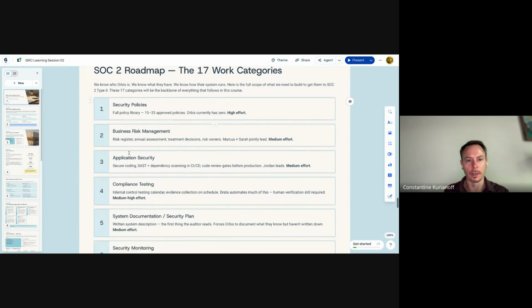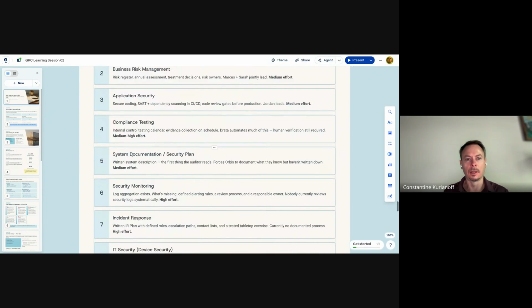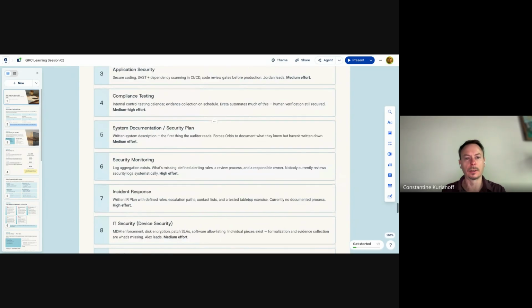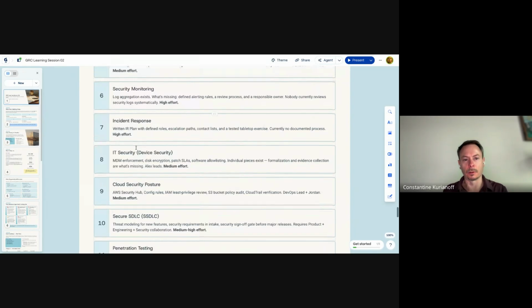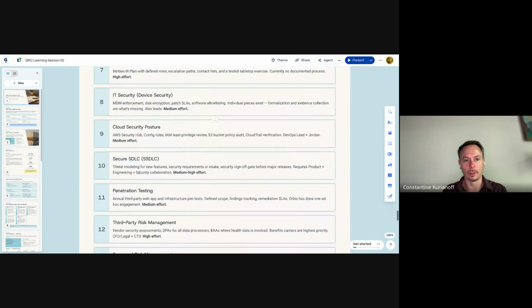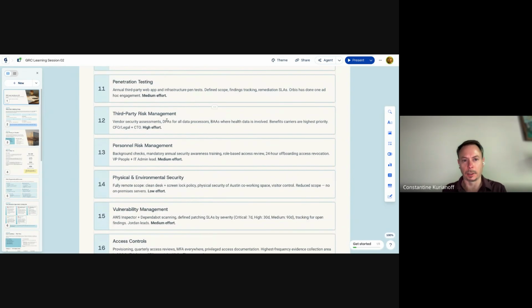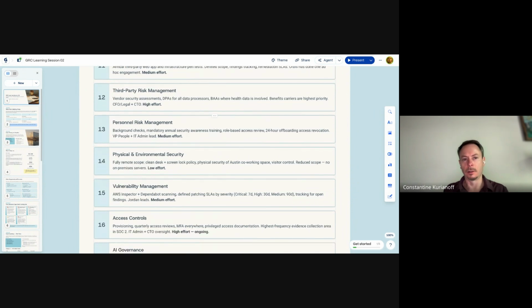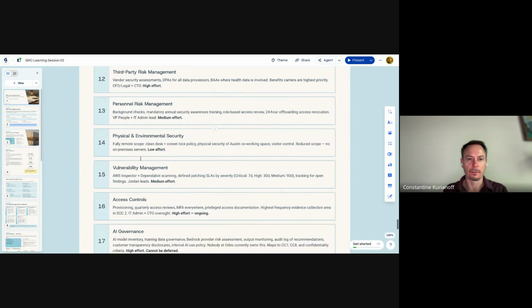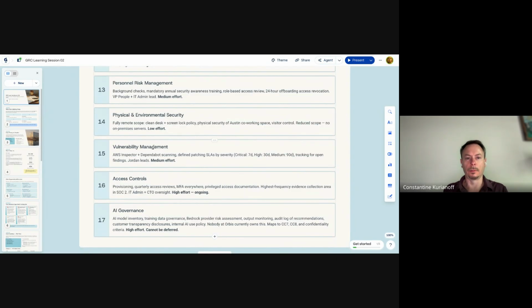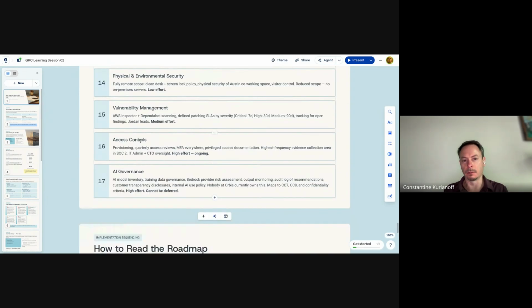So we need to work on security policies, business risk management, application security, compliance testing, system documentation, if any system is in scope for compliance or governance, security monitoring, incident response, IT security, cloud security, secure software development practices if the company develops code, penetration testing if the company develops applications, third-party risk management, personnel risk management, it's HR, the track that we have discussed, physical and environmental security, vulnerability management, access controls, and AI governance, right?